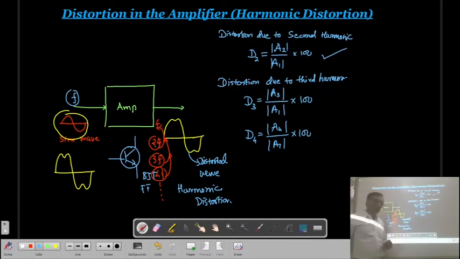So here we will see how we can measure A2 and A1. There are different methods, but one method is the graphical method, and another is to use an electronic instrument called a distortion analyzer. About the distortion analyzer we will discuss in the next lecture. But today we will discuss the graphical method and how we can calculate the amplitude of the second harmonic to the amplitude of the fundamental frequency.